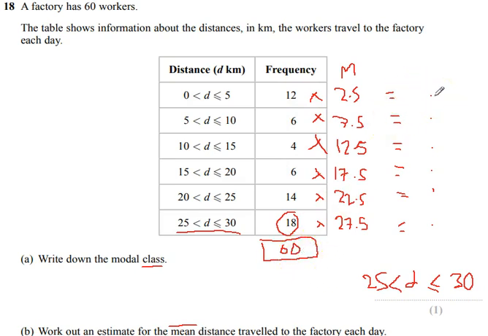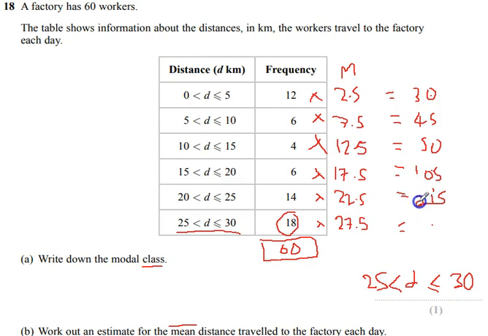So let's work that out and see what we get. So we get 12 times 2.5 is going to be 30. 6 times 7.5 is going to be 45. 4 times 12.5 gives us 50. 6 times 17.5 gives us 105. 14 times 22.5 gives us